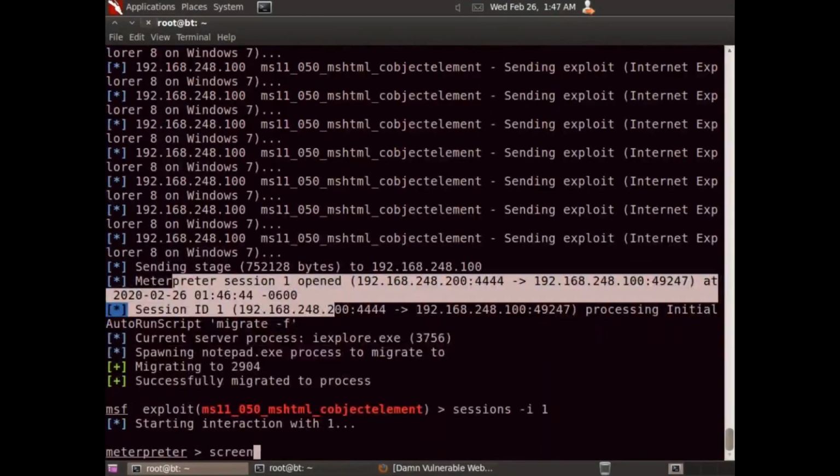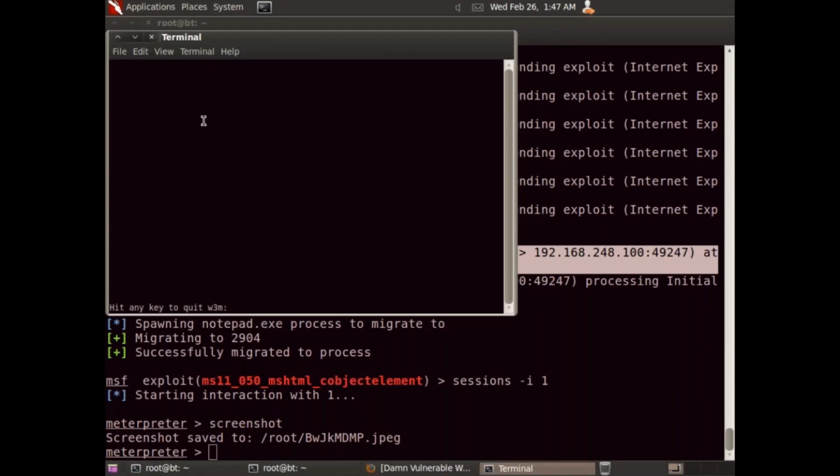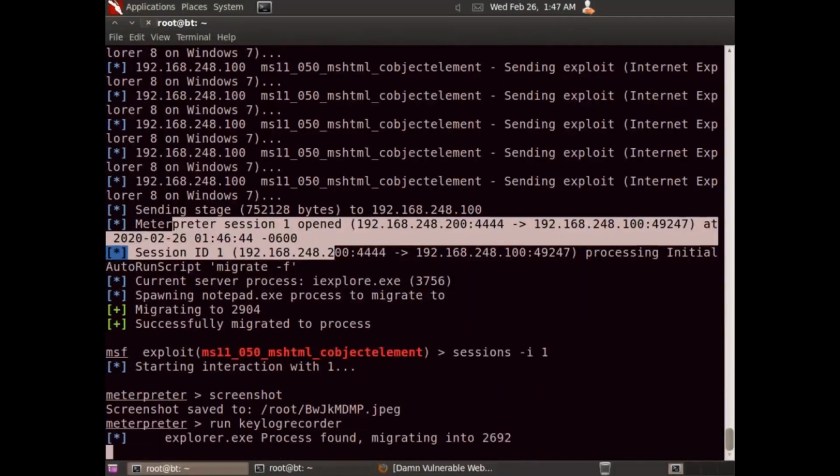I can now do things like take a screenshot of your customer's machine, right? I can see what's on their screen. So if they were entering payment to pay for one of my trinkets, I'd take a screenshot of that and have their credit card info. Absolutely. Or I just might run a keylogger, because I'm essentially in their machine now. So if I ran that, what that customer might do, not only entering payment on your site,